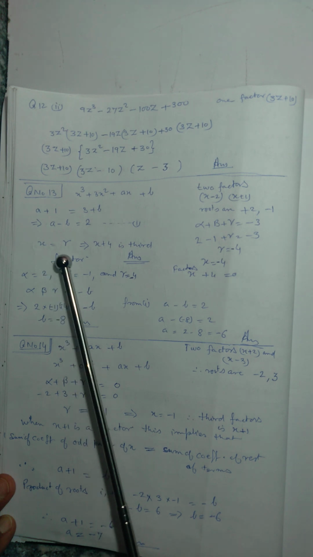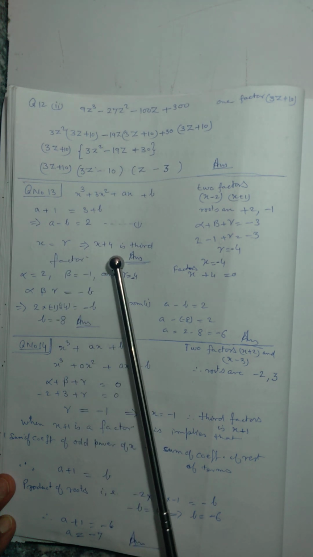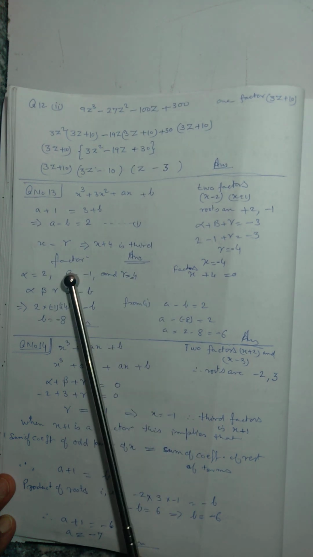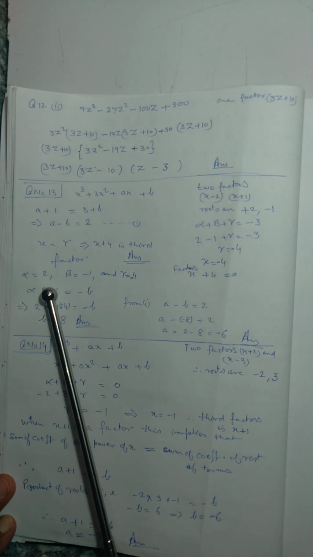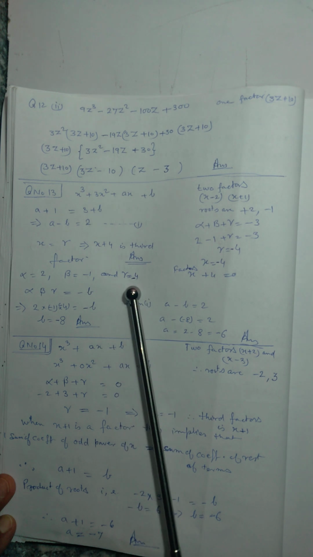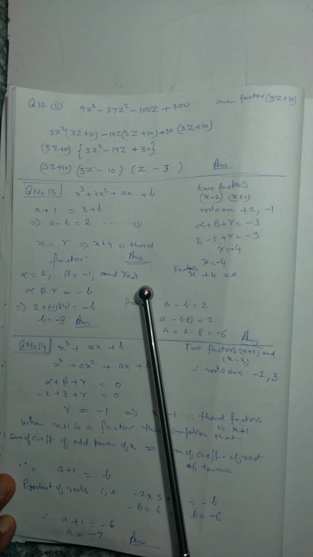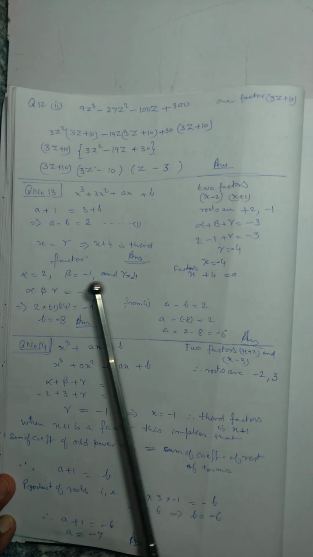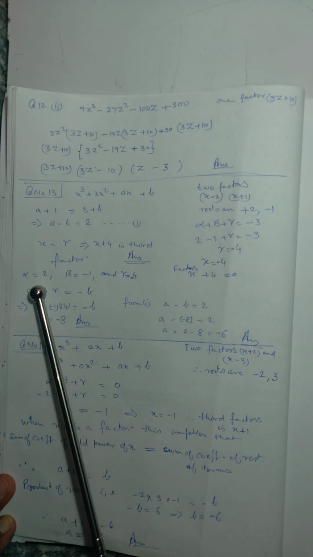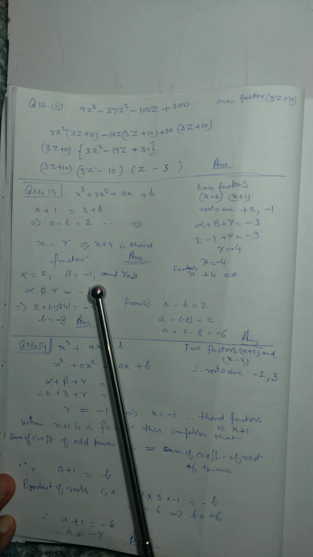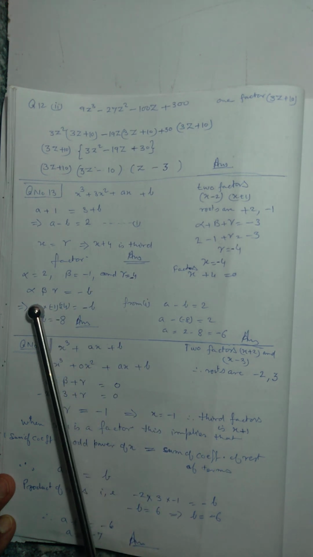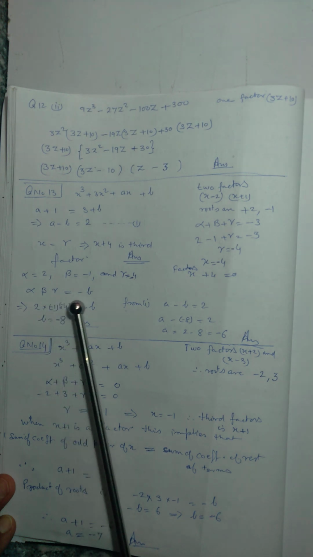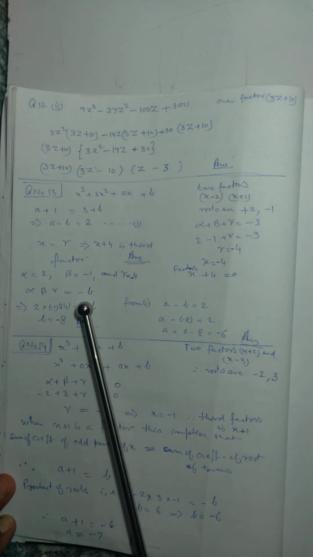Here I have written x is equal to gamma, then x plus 4 is the third factor. This will be the answer also. Now alpha is equal to 2, beta is equal to minus 1, gamma is equal to minus 4. So now you have got 3 roots or 3 zeros, that is alpha is 2, beta is minus 1, gamma is minus 4. So the product of the roots, that is alpha into beta into gamma, is equal to minus